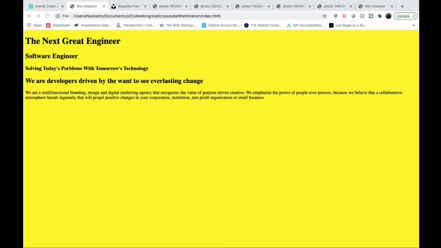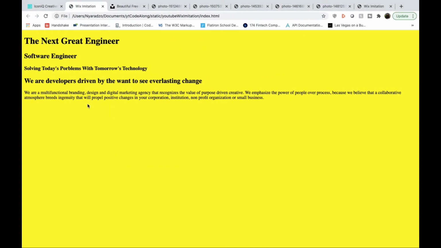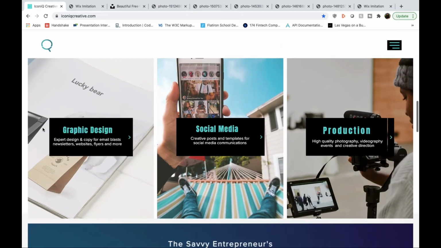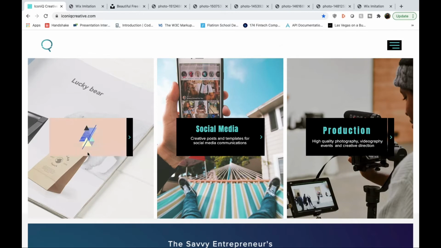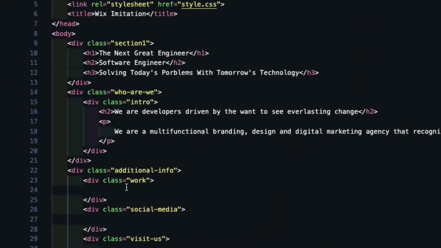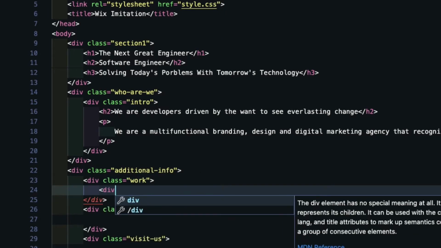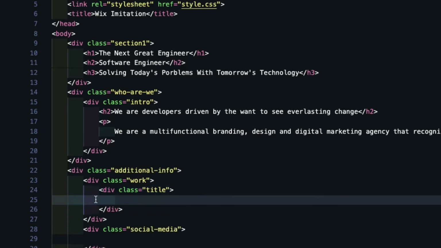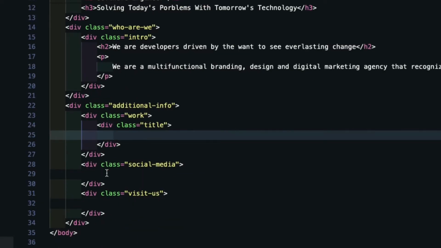Okay, so now let's refresh this. Oh, but no text was added. But speaking of text, it looks like each section has its own little box over here. And so let's create 3 more divs inside the divs we just created. And so the work one will have a div class equals, let's just make them all just titled. We won't put too much information in them. And so because they're all the same,